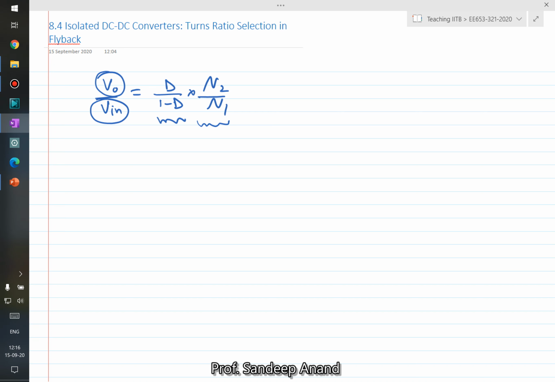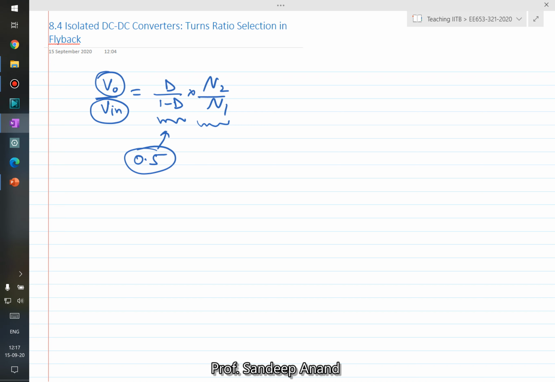In general, as we saw before, for a buck-boost converter, a duty cycle close to 0.5 is preferred because it would have better efficiency. The conduction duty cycle of the switches would be almost half, so it would not happen that one of the switches conducts for only a very short duration. The RMS current in the switches would also in general be low. So it's generally preferred to have a duty cycle of 0.5.